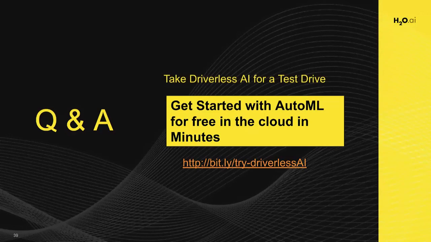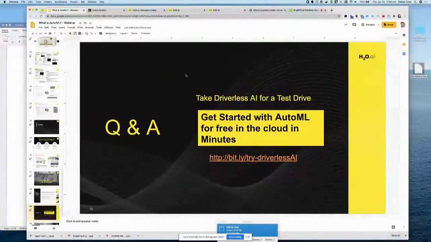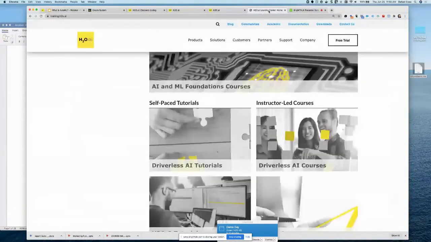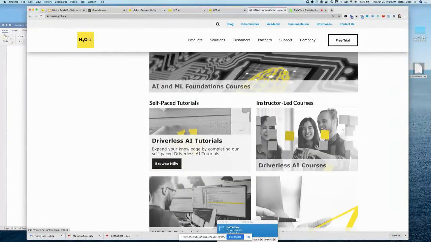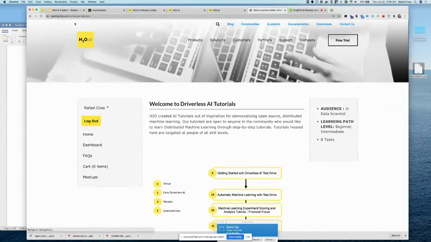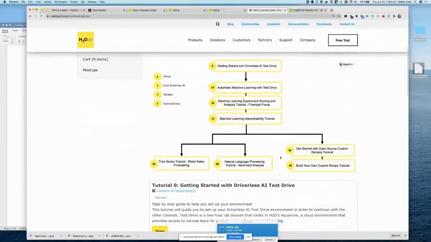Correct. Okay, great. You mentioned an open extensible catalog. Where can I learn more about that? Yeah, so there's a bunch of different tutorials that you can look at. We have this Learning Center. If you go to training.h2o.ai, there's a whole learning path around it.